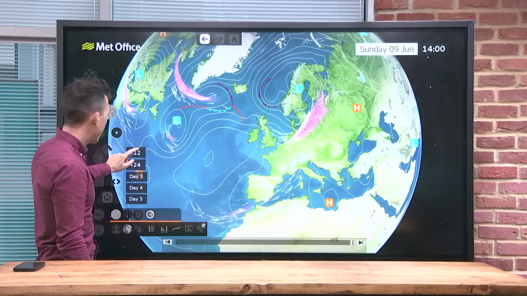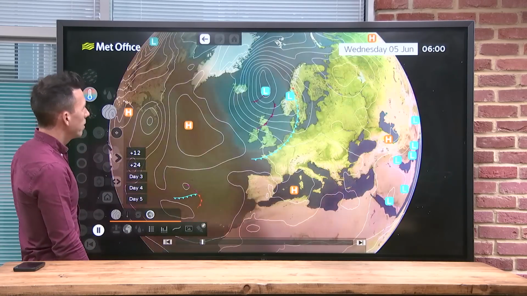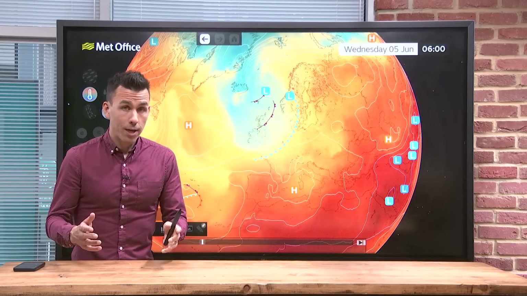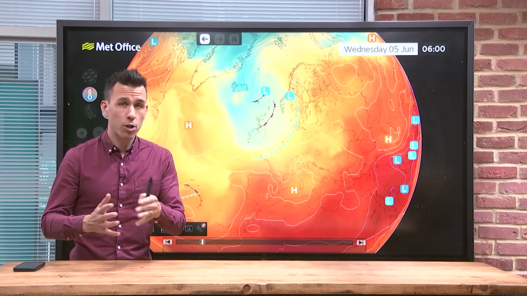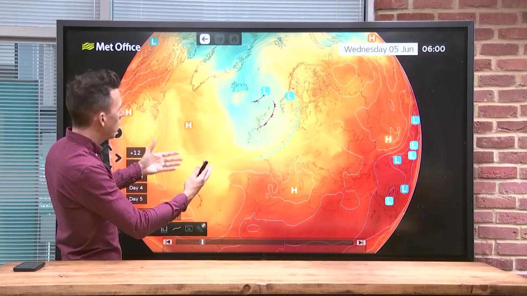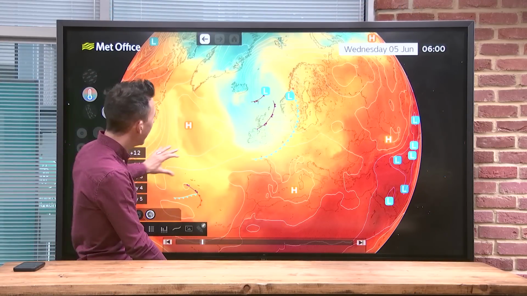But let's go back to the beginning, because I just want to put on the temperature at 5,000 feet. Why do we show the temperature at 5,000 feet? It's actually a good proxy for air mass, so where the air is coming from, how cold or warm the air is. If we put on the temperature at the surface, that's much more affected by day-night differences, mountains, coasts, all this stuff. So this shows basically the character of the air, the personality of the air,